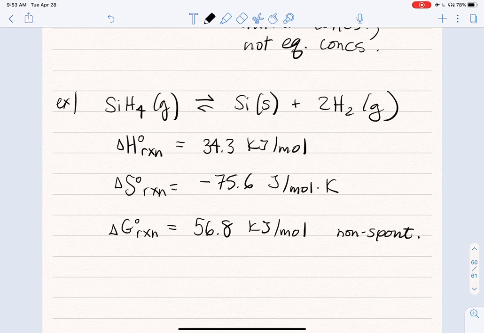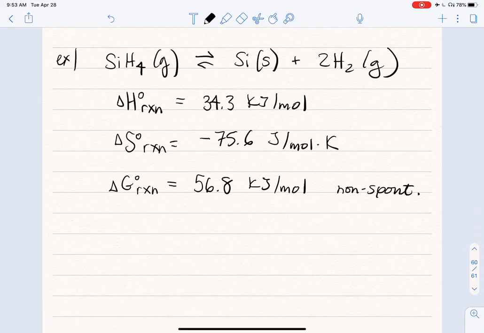So let's calculate now the K for this reaction. I'm going to give you the equation for that again. K is equal to e raised to the power of negative delta G naught over RT. That's going to be equal to e raised to the power of minus